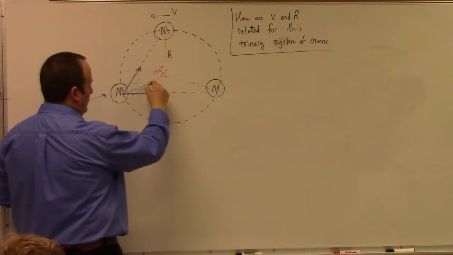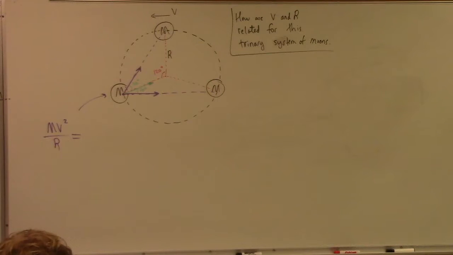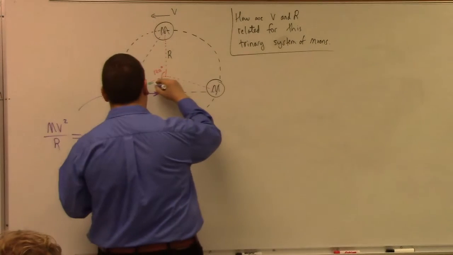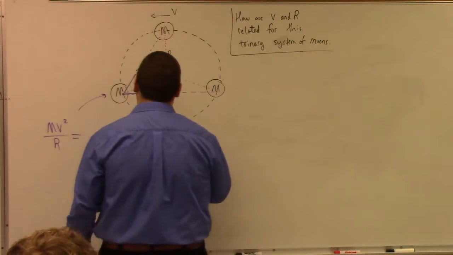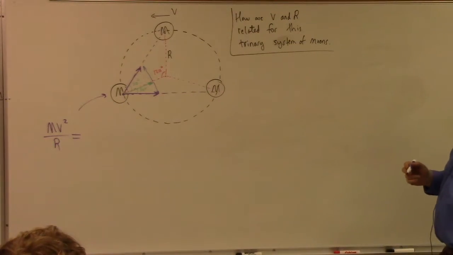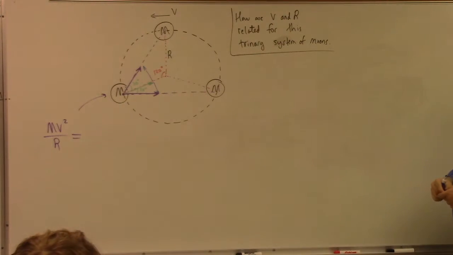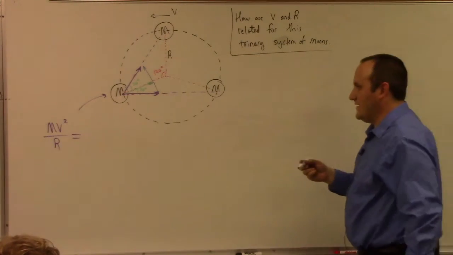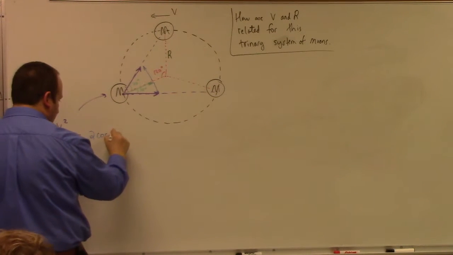So this purple vector can be broken up into the green vector, which is in the centripetal direction, as we're interested in, and also the blue vector, which is going to be canceled out by its partner on the other one. Like this gets canceled out by that. If my picture was better, I'm sad. I've just quantified how bad my picture is. These should be matching, right? But the green doubles up, so you have twice that. So 2 cosine of 30 degrees,